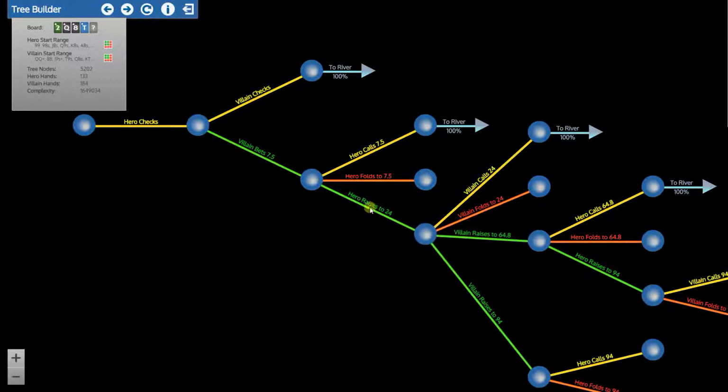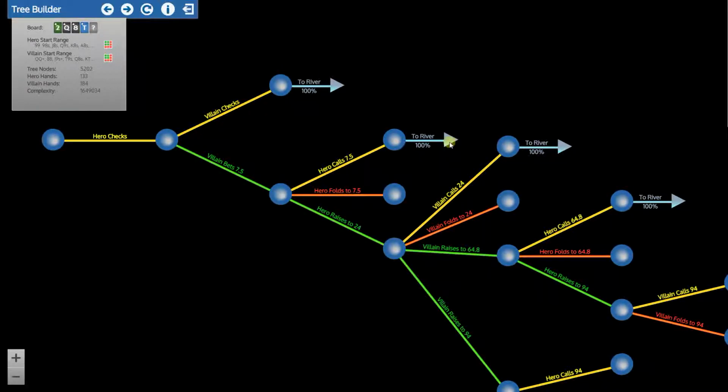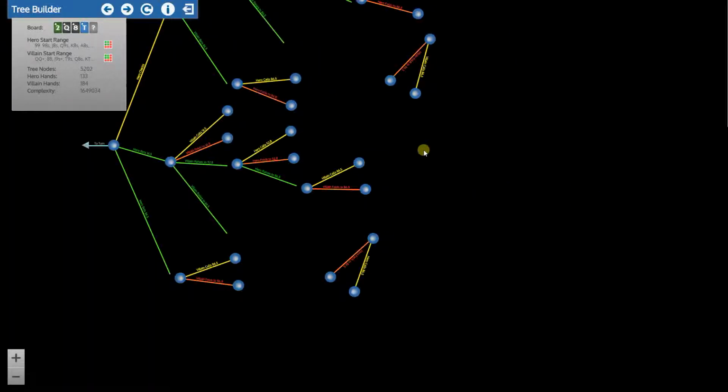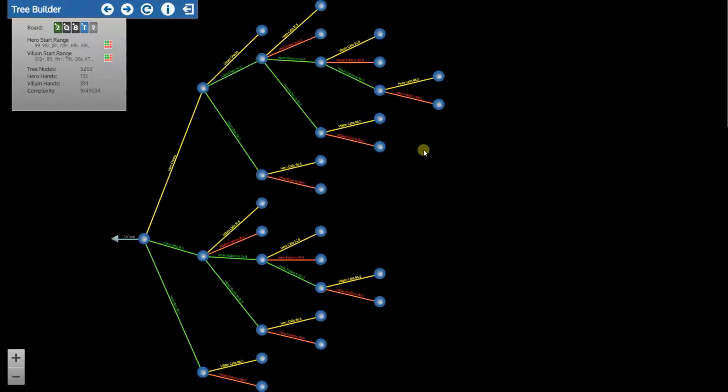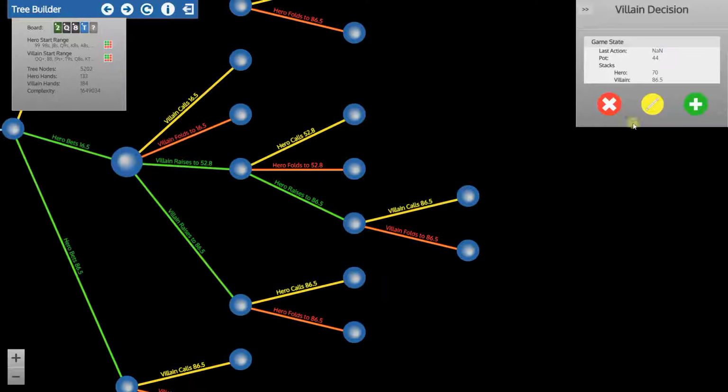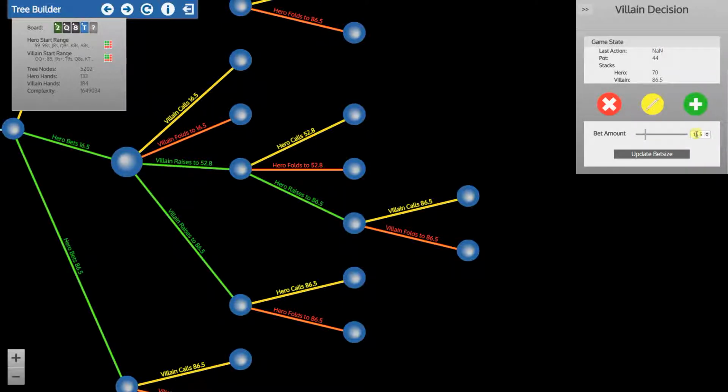So the other thing we can do is jump around to different parts of the game tree. Say I feel like this is a 60% pot bet that I put in here, the 7.5. Say I feel like that's a great turn size, but that it's a little too big on the river after a bet call. I can go in here to this node where the hero is considering barreling the river, and